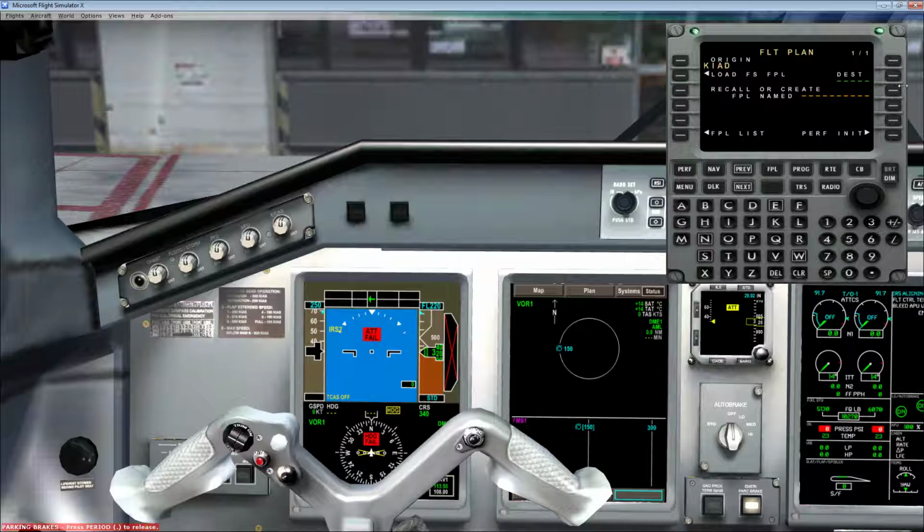Next thing we do is we hit flight plan, and we're going to enter our destination airport. And the destination is going to be KRDU. And you click destination. Now we've got that in. Now we enter our waypoints. The first waypoint is going to be HAFNR, H-A-F-N-R, click, and next one is